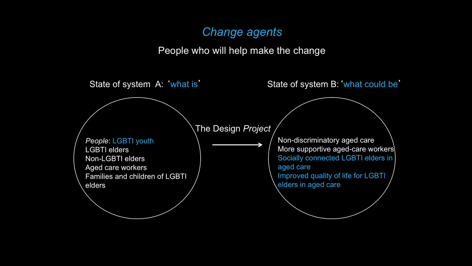social design project. In Jennifer's case, the LGBTI youth were really found to have the greatest capacity to act on the situation she wanted to improve, i.e. to promote socially connected LGBTI elders in aged care and improve their quality of life. In her initial research, Jennifer found this group was highly technologically literate, using social media extensively, even perhaps more than non-LGBTI identified youth. So this became her intended audience, the people she needed to reach through her project and to engage to help